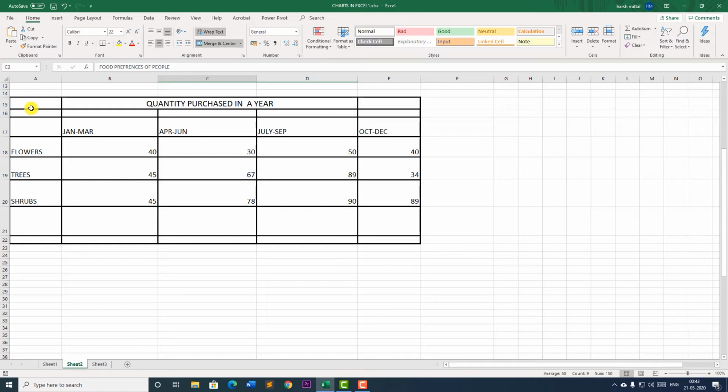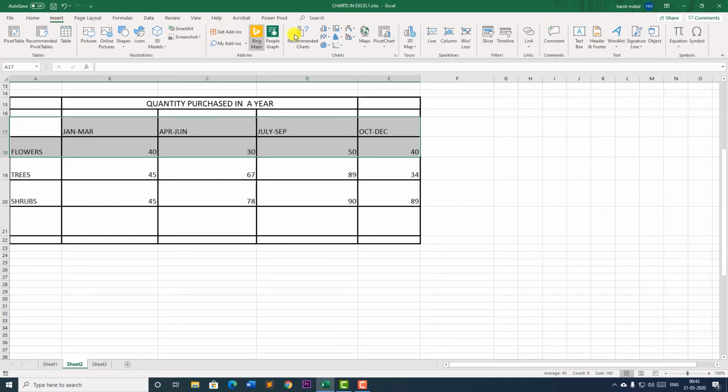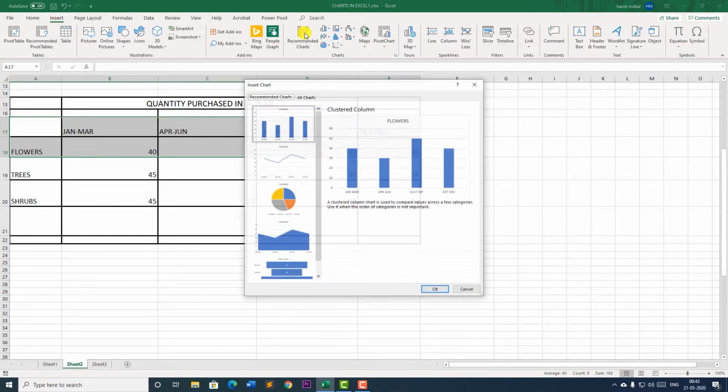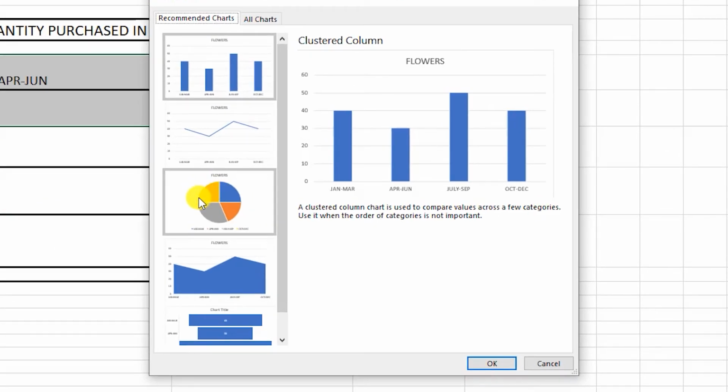Before we make the pie chart, I'm going to select the months as well as the category that I want. I'm going to select the month as well as the category. I've selected it. Now it is only one category. I'll go to the insert tab and here I click on pie chart. Now pie chart, you can see children, this is in the form of a circle.